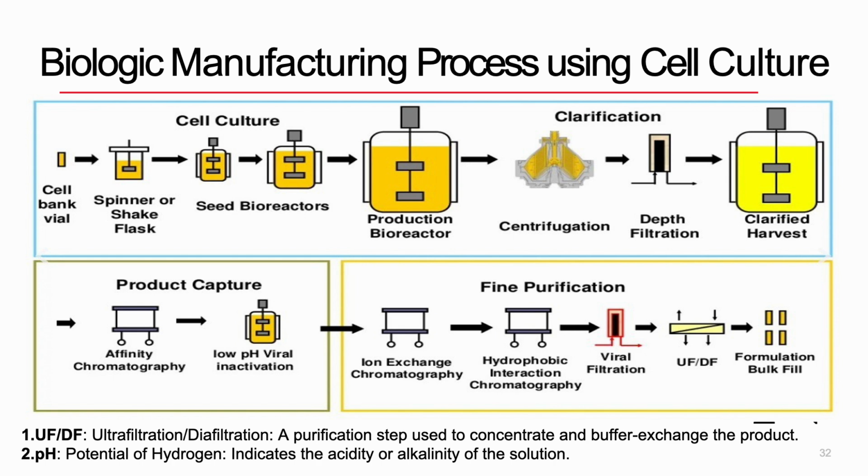Now let's go over the biologic manufacturing process using a cell culture. So let's start with the first process. On the left side at the top, we have a cell bank, and the cells are in a vial. The vial, of course, is in a lab, and it may be a glass vial as well. We will then use a spinner or shake flask because we need those cells to be in solution. In solution, I'm saying they must be suspended in the solution. They cannot just stagnate.